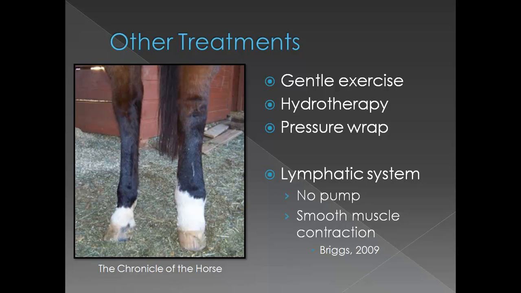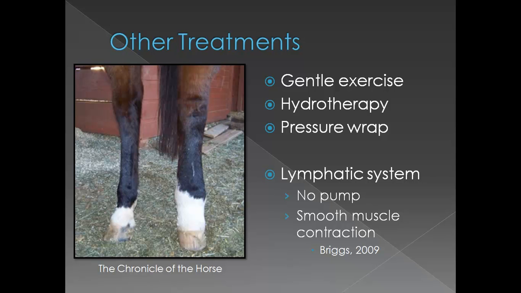In addition to antibiotic treatment for ulcerative lymphangitis and antifungals for epizootic lymphangitis, horses affected by these diseases may be treated with gentle exercise and hydrotherapy. The lymphatic system does not contain a pump, like the cardiovascular system does, to move lymph fluid through the body. It depends upon peristaltic waves, due to smooth muscle contraction, to move lymph fluid through the system. These waves can be stimulated by gentle exercise, allowing the lymph to flow better through the lymphatic vessels and reduce